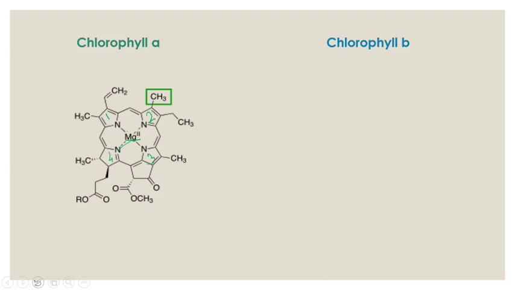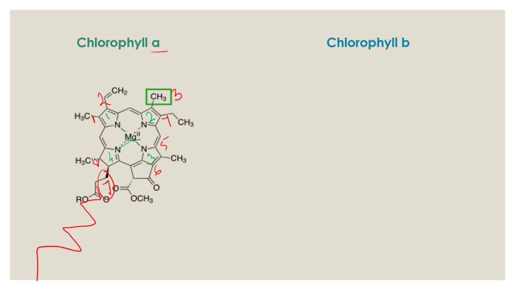Now let me show you the carbon numbers. This is carbon number 1, showing with red color. This is carbon number 2. Carbon number 3 is having the methyl group, so it is chlorophyll A. This is carbon number 4. Carbon number 5, 6, 7. What is attached to carbon number 7? The phytol tail is attached. This is carbon number 8.